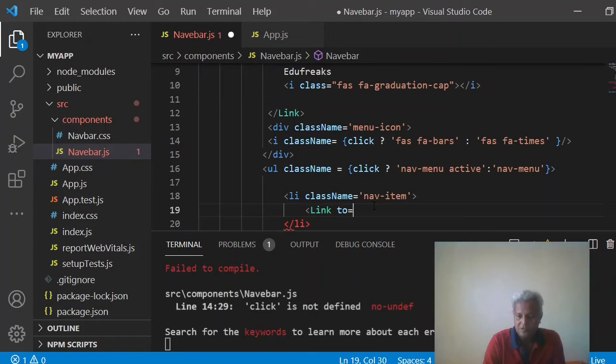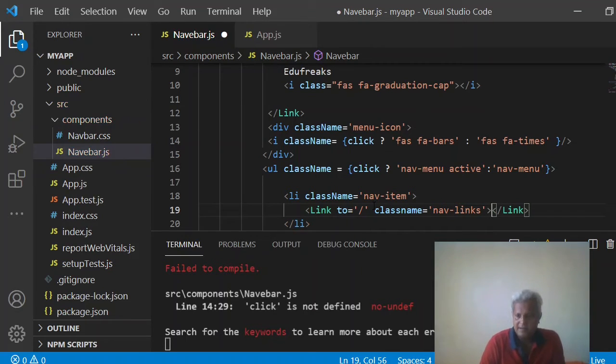So to, and this is slash, then class name equals nav-links,